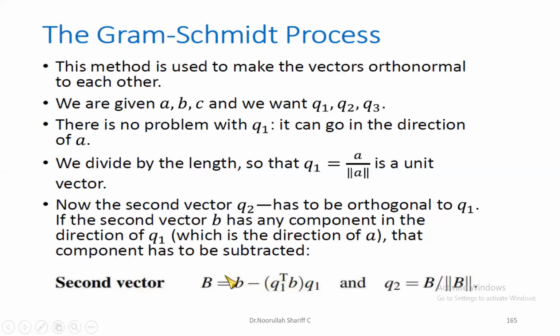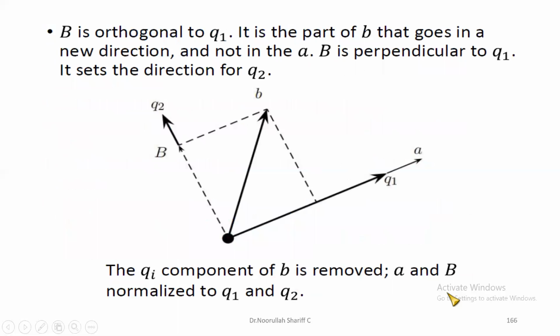Then once we do that, we divide B by its length, and we get Q2. Q2 is equal to B by the length of B. Having found the second